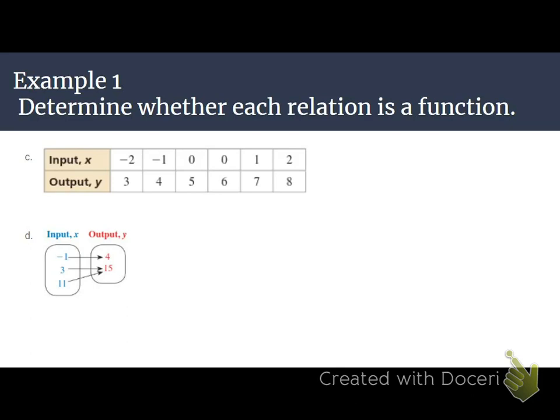So we have a table on letter C. We could rewrite our table as ordered pairs because they do give them to us as x, comma, y. So if you wanted to, you could rewrite these as ordered pairs. You do not need to. This is just a different way of representing it. So on letter C,